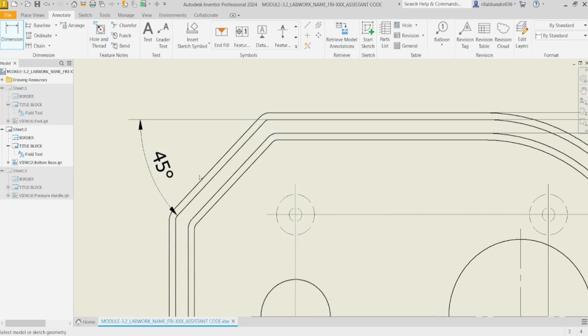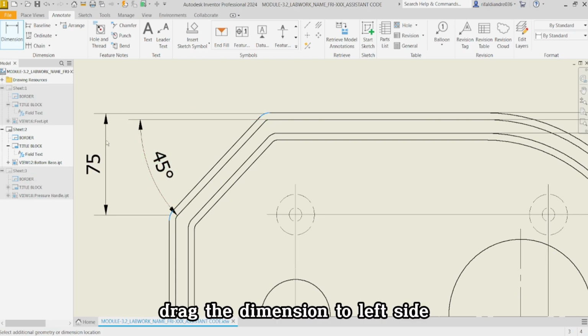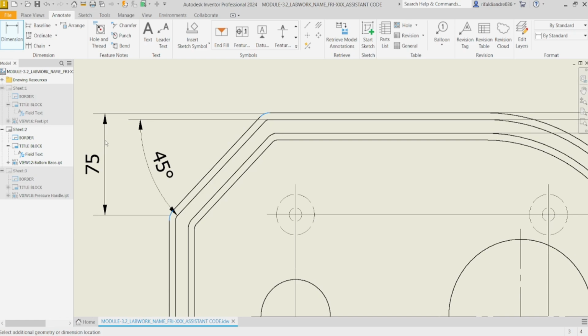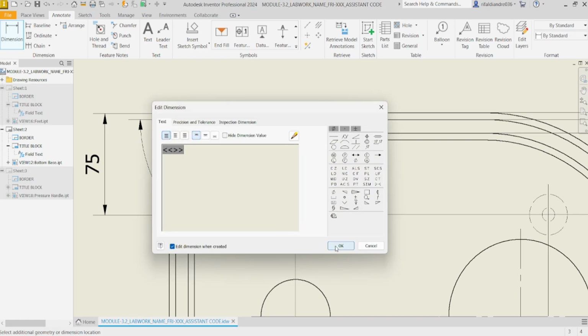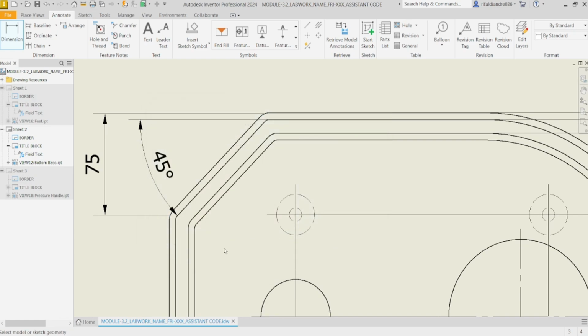Okay, next select this line and also this and drag the dimension to the left side. Left click. After that, click OK.